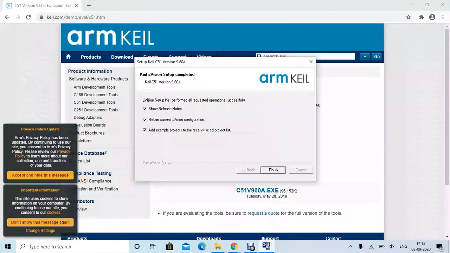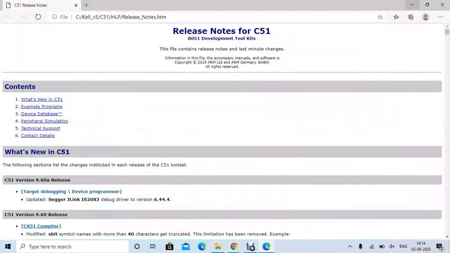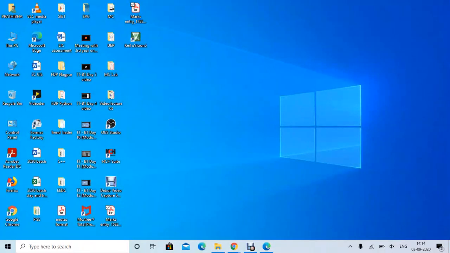Then click on the finish button. Now I can see on the desktop the Keil uVision 5 shortcut has been created.